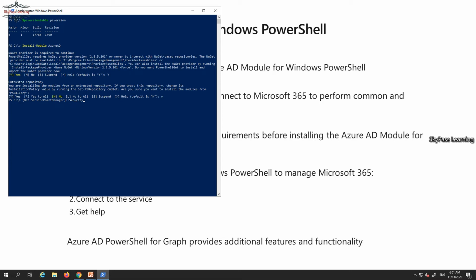I will copy all these commands in the description box of this video. So [Net.ServicePointManager]::SecurityProtocol = [Net.SecurityProtocolType]::Tls12. You can run this command if you are getting an error while installing NuGet.